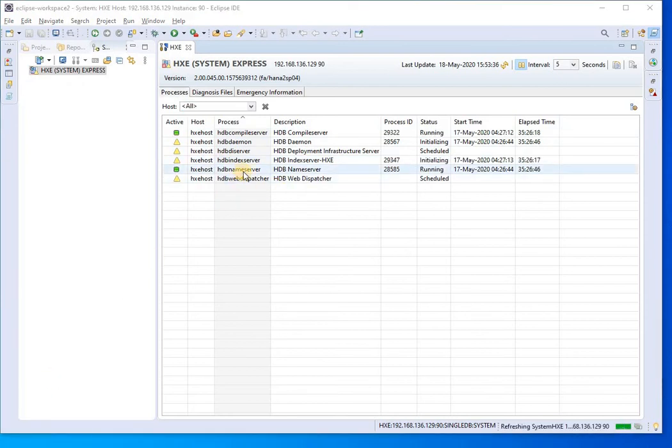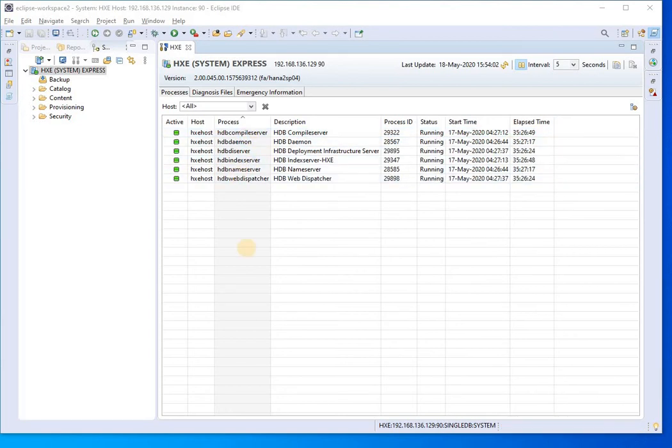So HDB name server and HDB compile server have been started, and the remaining servers are in the process of starting. So all the server components getting started in a correct order. So now all the server components have been started, and SAP HANA Express Edition is up and running.